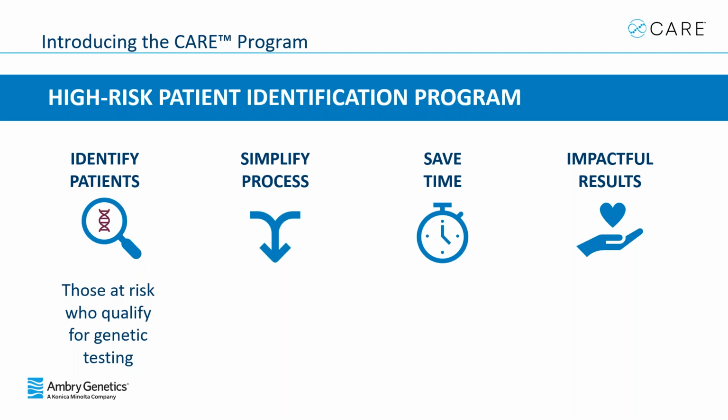Now, identifying patients is only one aspect of this process. If you identify the patients, but don't make the process simple for patients and providers, then the patients may not get the testing that they need. So we really try to think about a seamless way to streamline this process for patients and providers. From a patient standpoint, we communicate with them using a virtual assistant, which I'll describe in more detail in just a bit. That allows patients to complete a risk assessment based on NCCN prior to them ever getting into an appointment